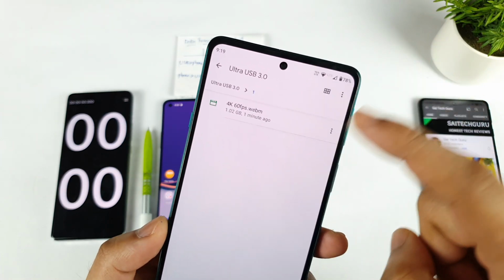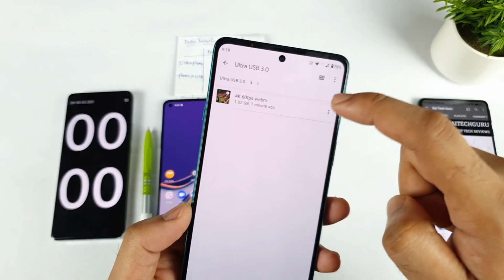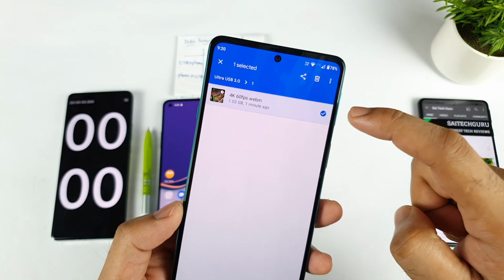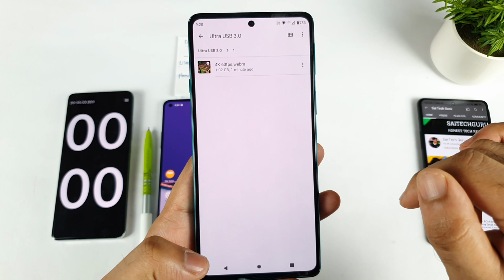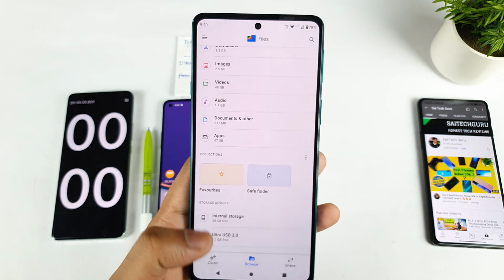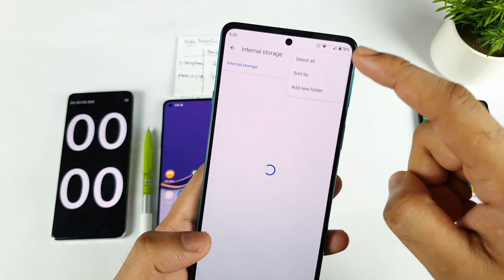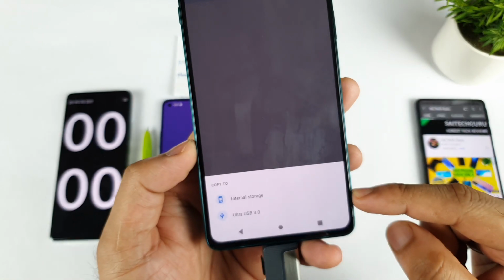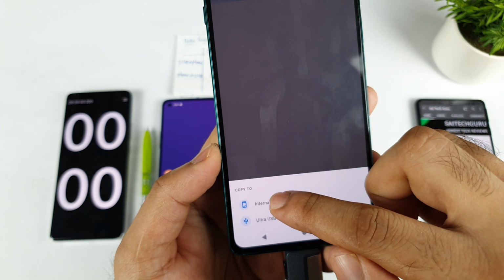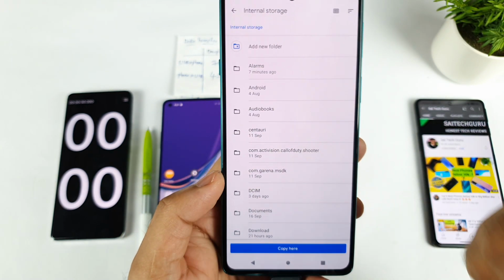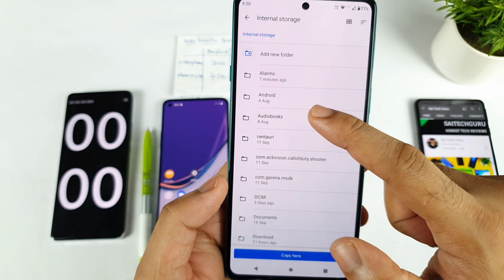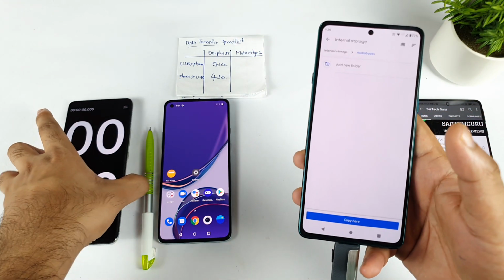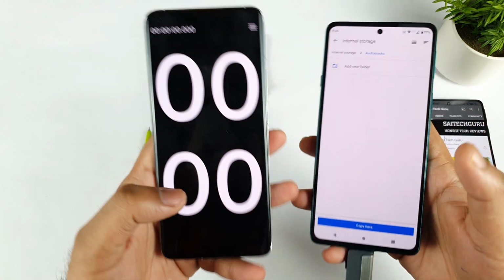This is the same file which I copied just 1 minute back, that's why it's showing. So let me copy it and copy to. Okay, I selected the copy to and going back. Let's see whether we get any kind of paste option or not. So after clicking the copy to, we got the option to choose where we want to copy. So I want to copy in the internal storage. Internal storage, which folder I want to copy. So let me just select some random folder. Maybe this folder I'll try to select audiobooks. And this is the internal storage in the Moto H20 only, friends. Internal storage, let's copy here.